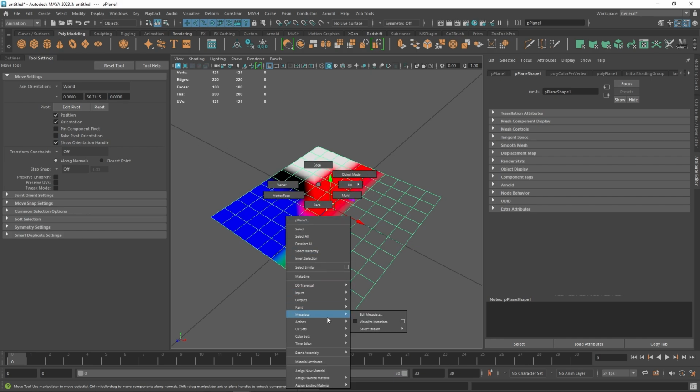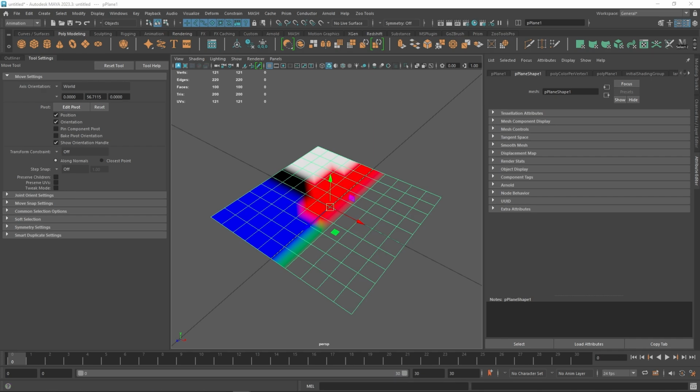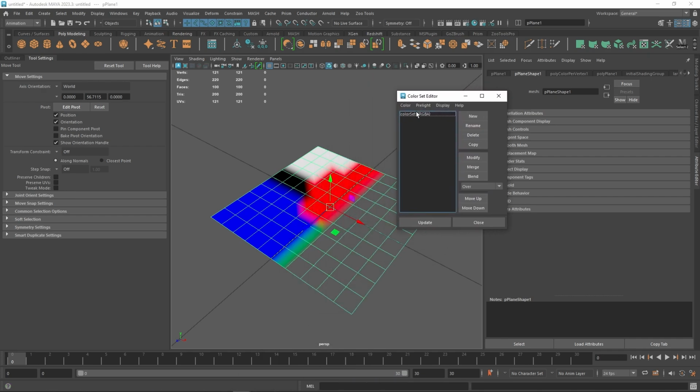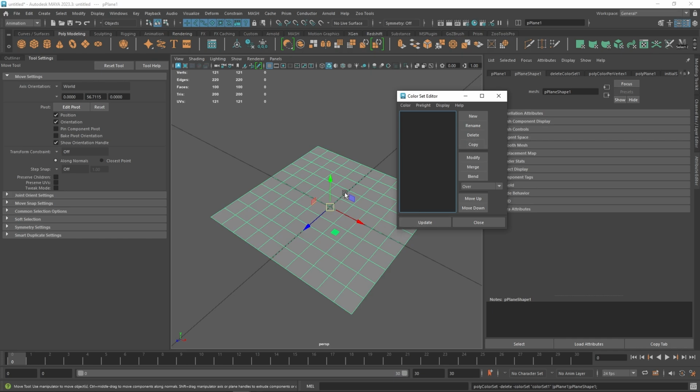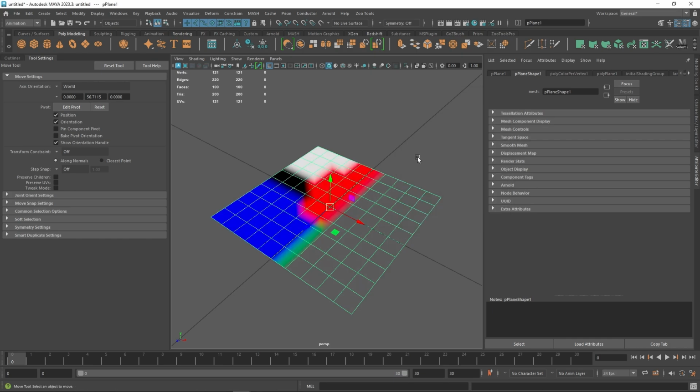So now if I want to check the sets, I go to Color Sets, Color Set Editor, and now this color set is what I have here. So it's storing the vertex color in this group or color set. So if I delete it, there is no more vertex color. To use this vertex color in Maya,